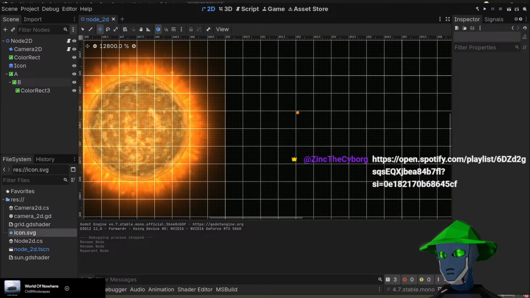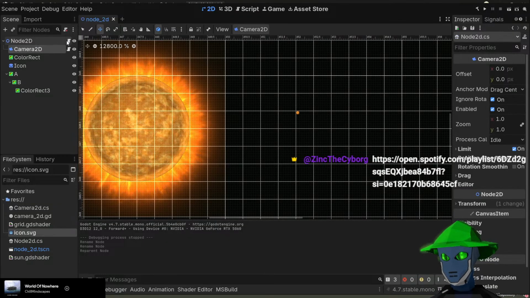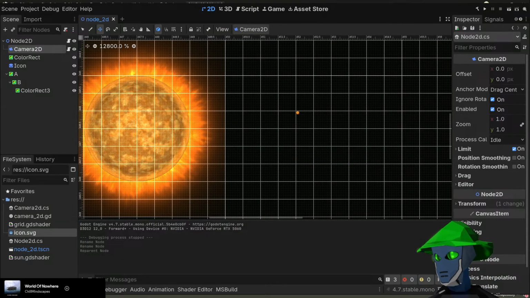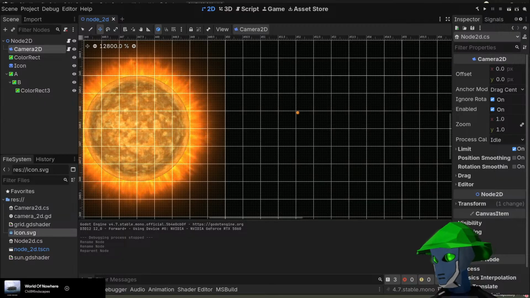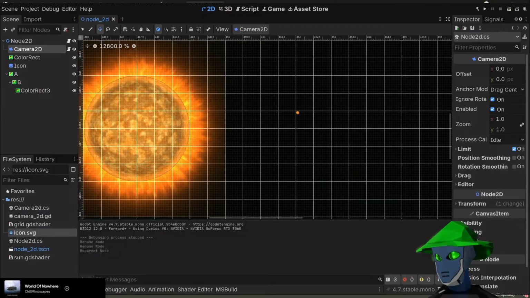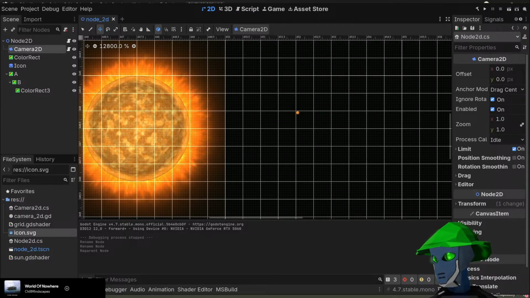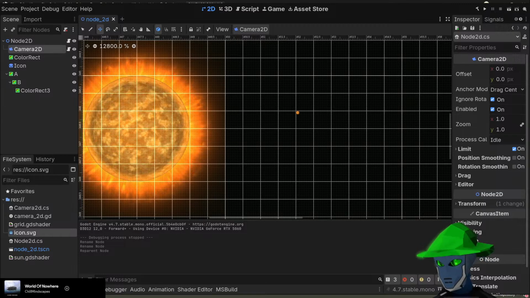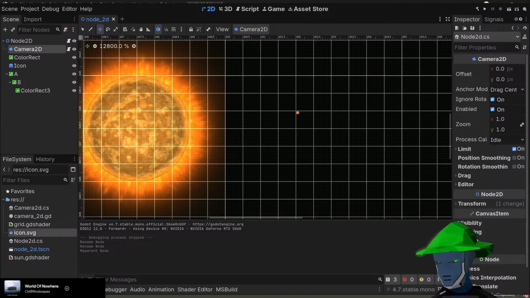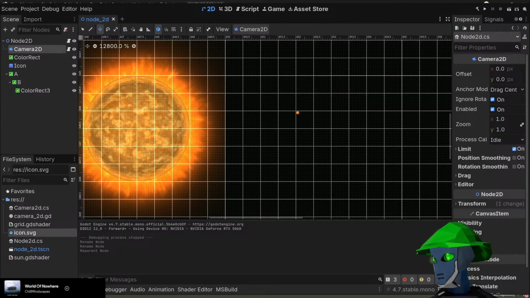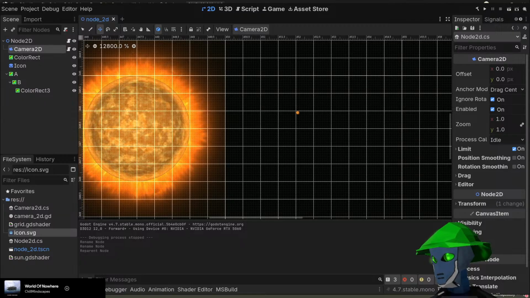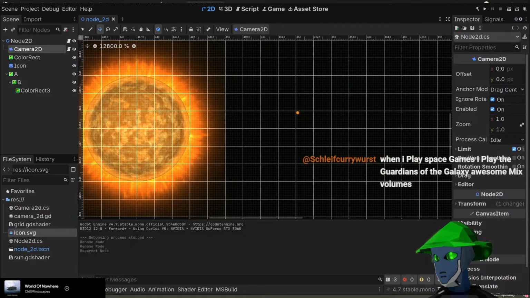Okay, generate a bunch of A's. Okay, public node X property will be color rect A's and public override void ready, and then